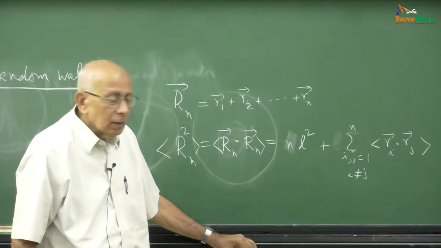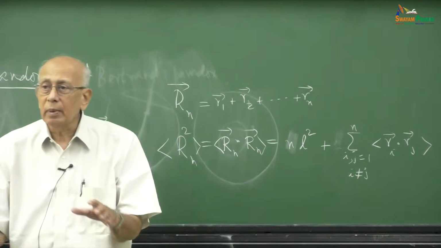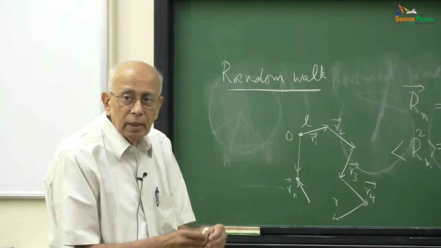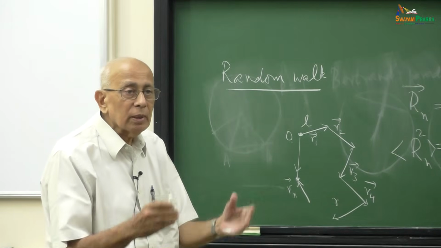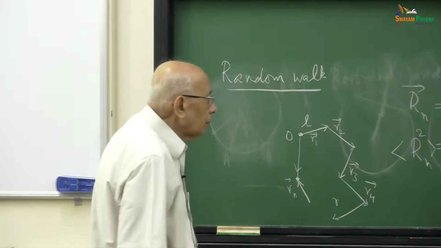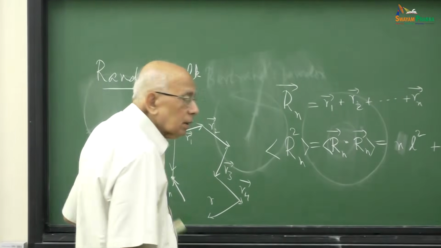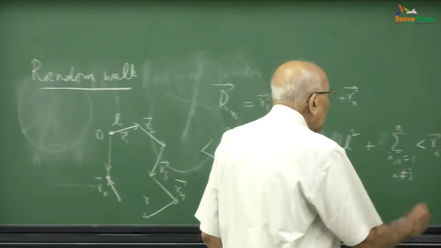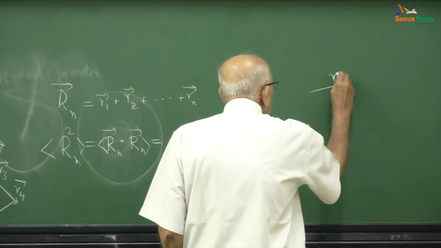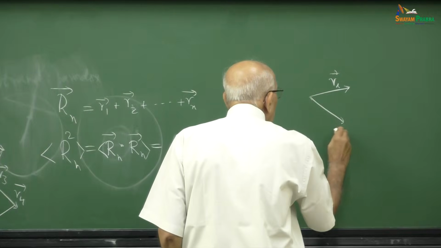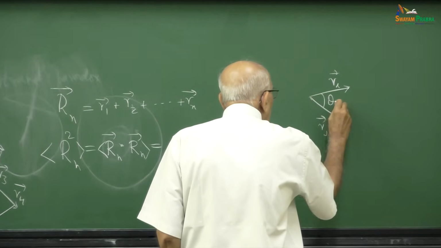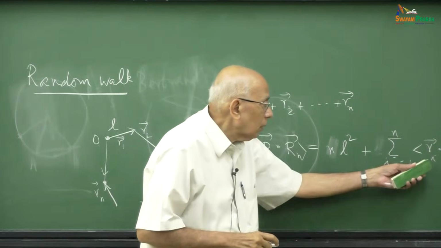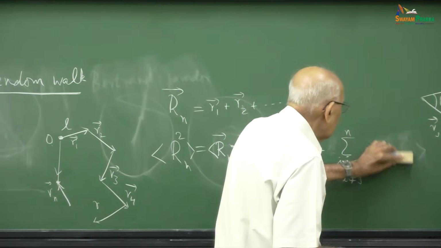All right. And what's the average value here? Over all possible random walks, you have to take every vector step and take every other vector step, take the dot product of these two and take the average over all possibilities for either or both the steps. Well, the dot product of two vectors is the magnitude of the two vectors multiplied times the cosine of the angle between them. So let's suppose that you have some vector R_i in this direction and some vector R_j this direction with some angle theta_ij between them. Then what's this term equal to? It's equal to the average value of